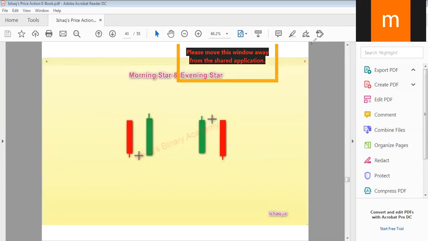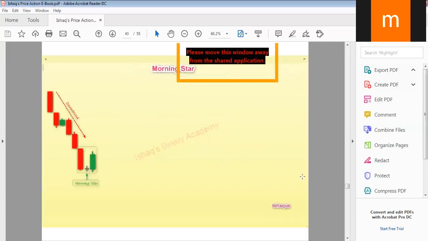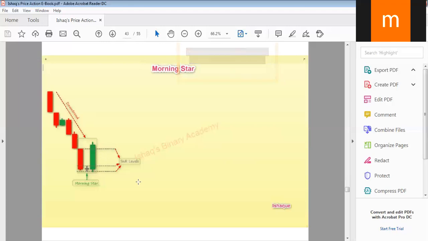All this study I am giving in the course. Each and every concept I am teaching in the course, and I give live examples on the chart. I trade them, and people ask me more than 100 questions daily about the patterns. I answer each and every pattern, and in the end they will be profitable traders. If you feel that this ebook is not helpful for you, it means you are not understanding the basic concepts. If you clear all your basic concepts, this ebook is very helpful for you. It can make you a profitable trader.